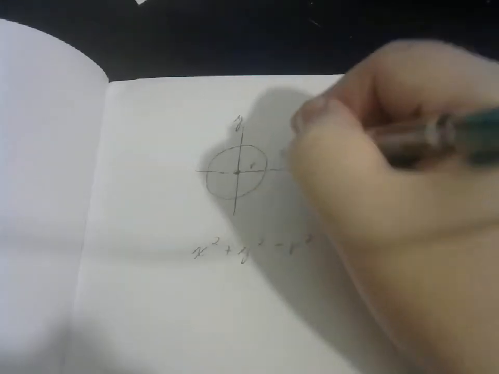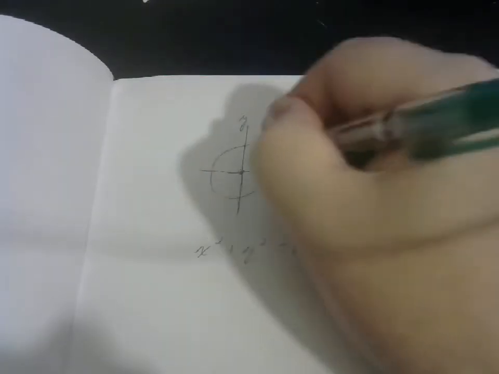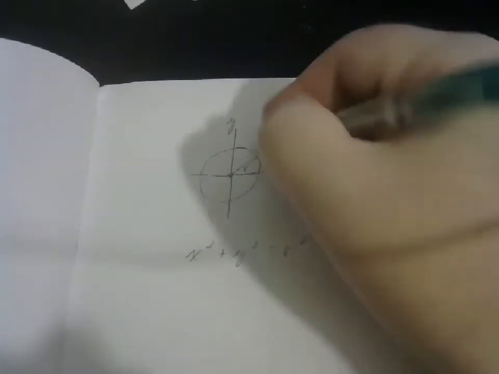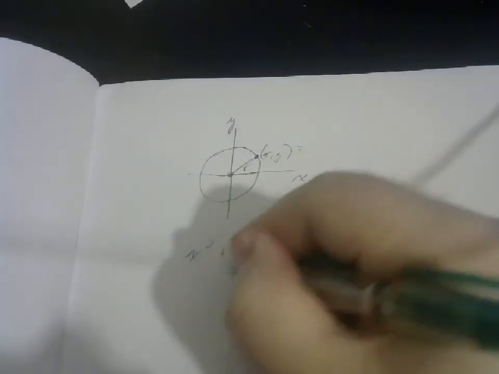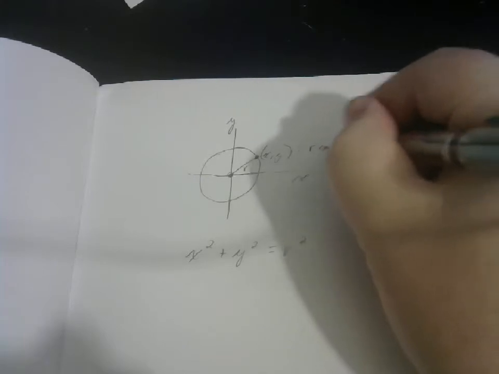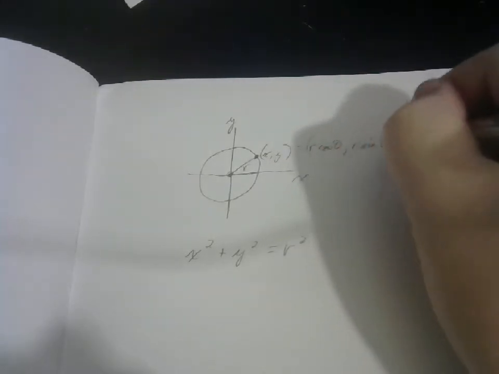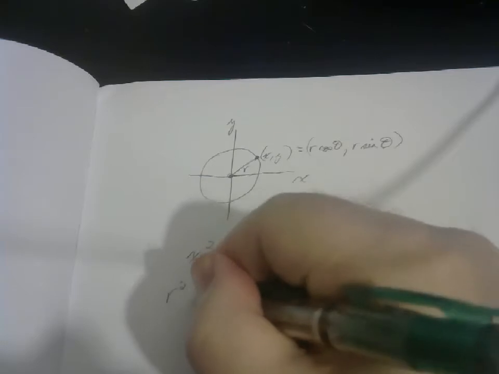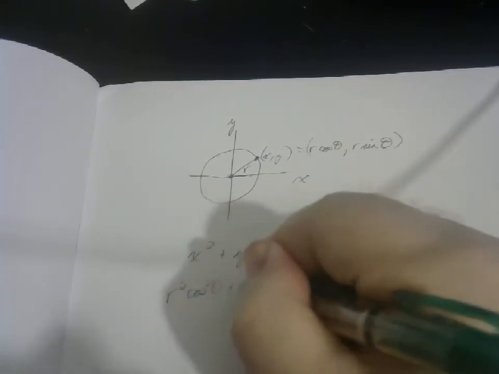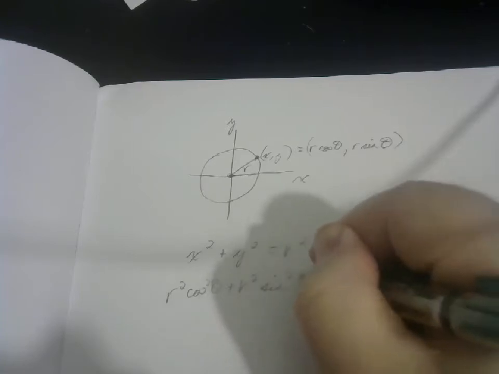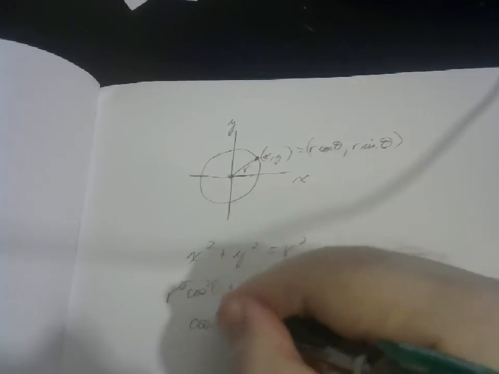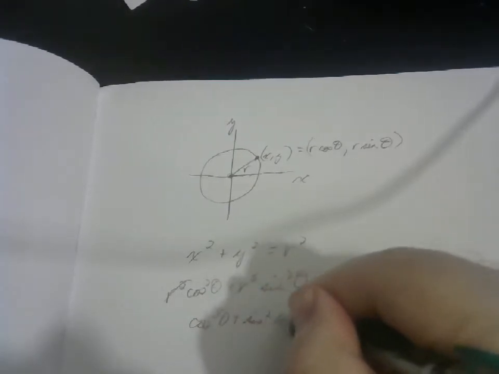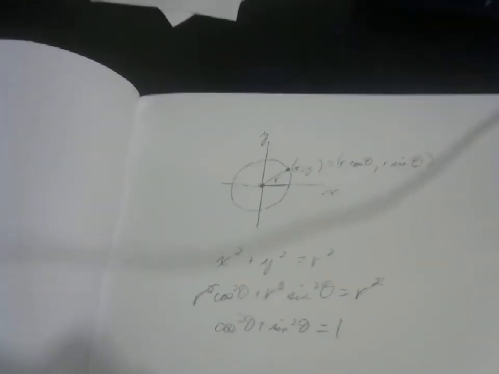Another way of describing a point up here on the circle: you may describe that point as x comma y, but you can also describe it as r cosine theta comma r sine theta. So that equation becomes r squared cosine squared theta plus r squared sine squared theta equals r squared. You can cancel out all of the r squareds and you end up with cosine squared theta plus sine squared theta equals 1. Okay,